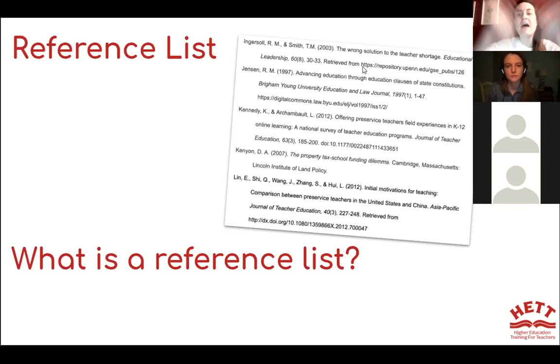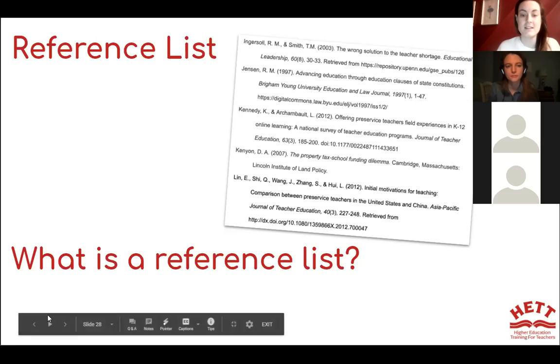So maybe you've read lots of papers that are related and you can put that on your bibliography, but the ones that you actually include with citations in your paper is your reference list. But yes, it is the sources that you use. So for each of your citations, you then have to include them at the end on your reference list.